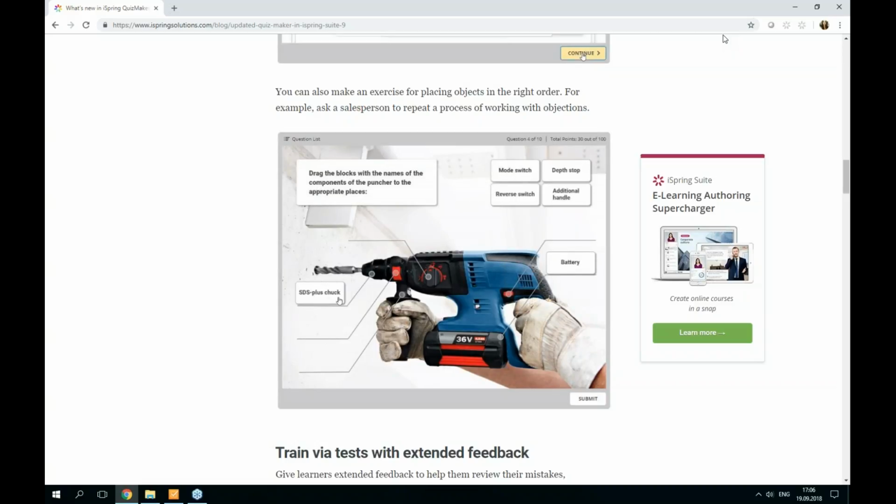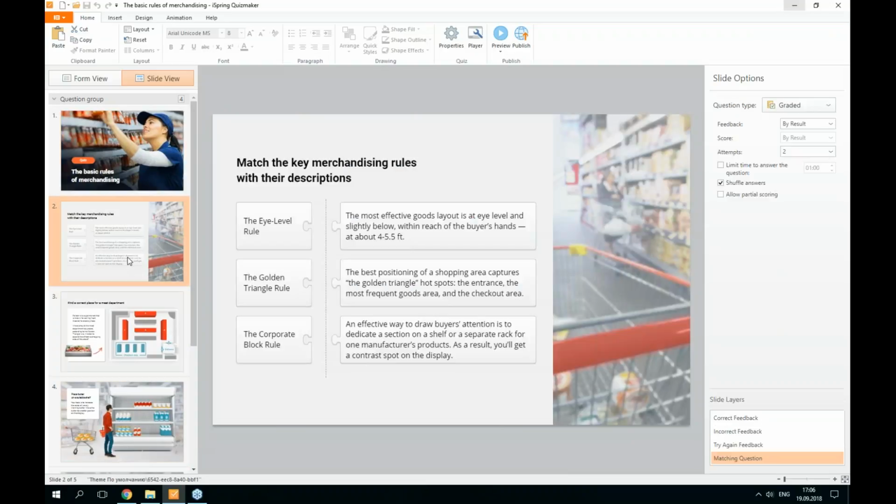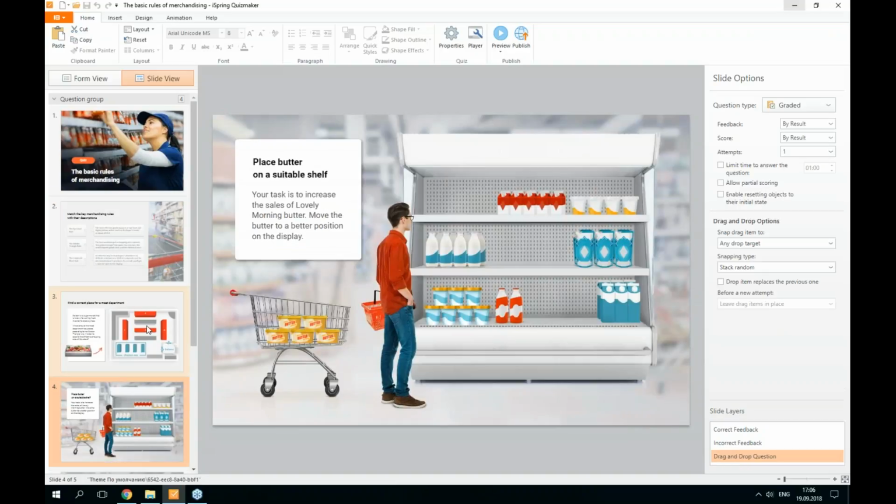First, let me open our pre-made quiz with all the questions that we will create. As you can see, this quiz includes 1 info slide, 1 matching type of question, and 3 drag and drop questions,